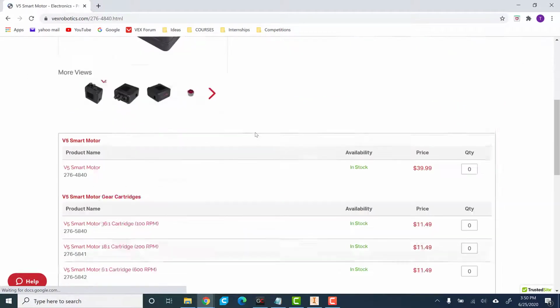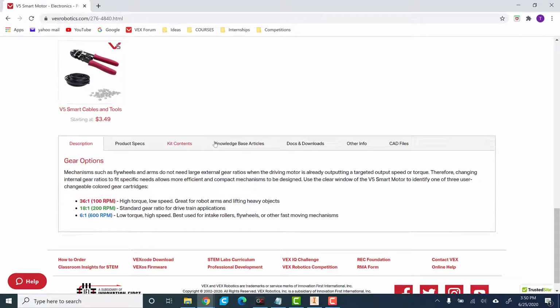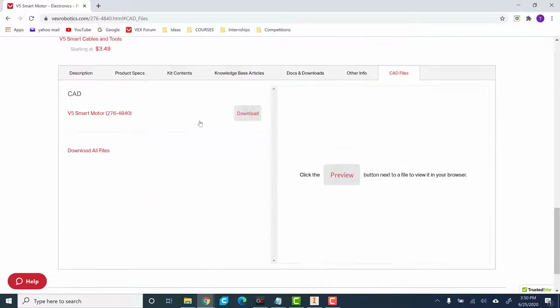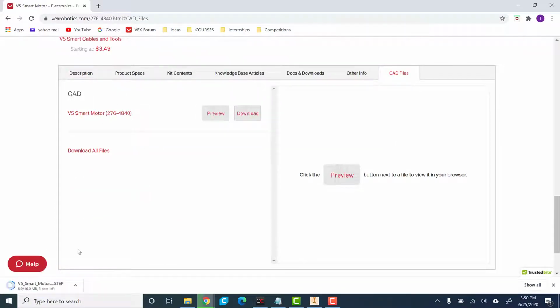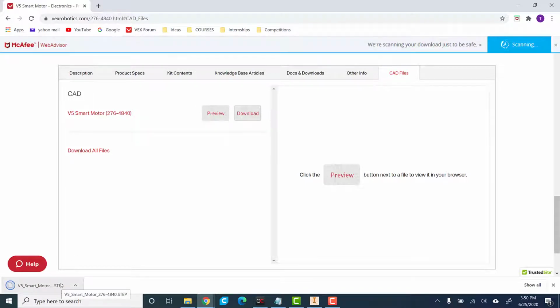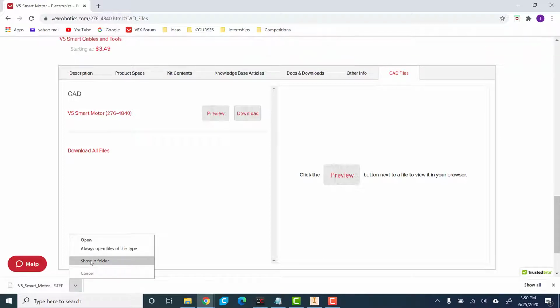So once we are in the V5 smart motor, if you scroll all the way to the bottom, there is CAD files. And this is where we're going to download a new part. Now it downloads a file called a step file. This is basically how CAD reads it, but Inventor uses a custom file system called an IPT, so we're going to have to convert that. So once we press show in folder,